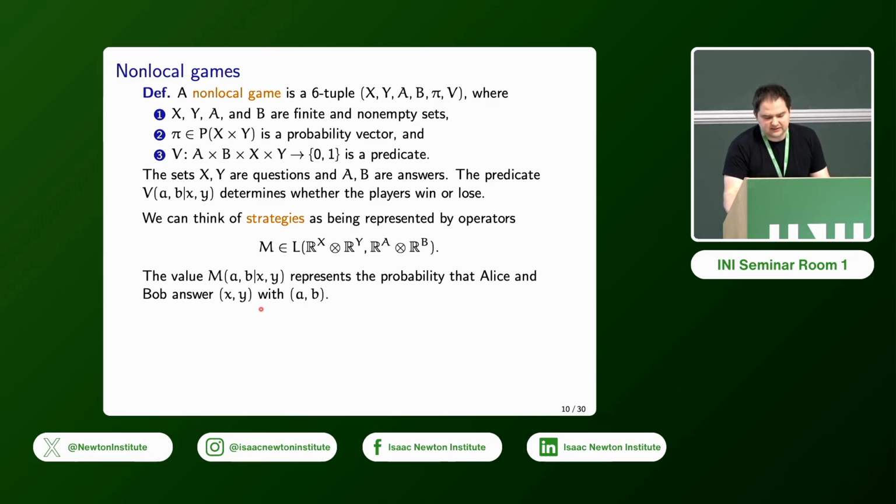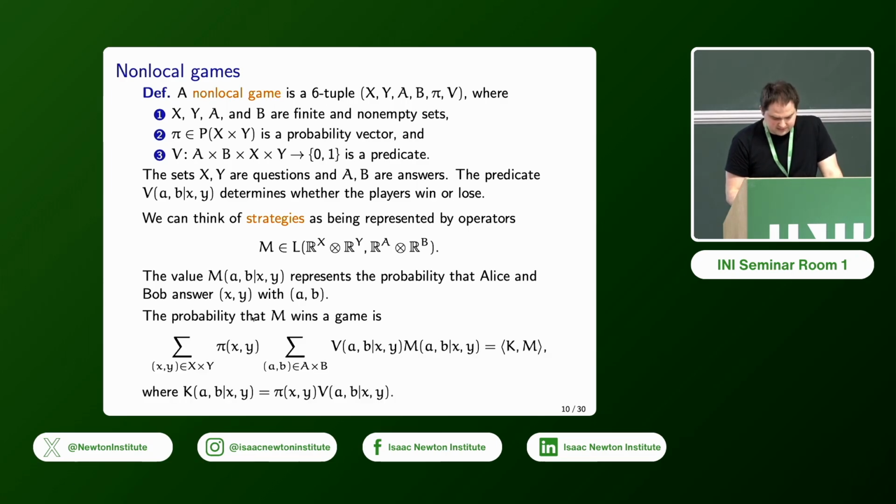Basically the entry of the matrix represents the probability that Alice and Bob will answer the questions x, y with answers a, b. That's it. And then you can work out that the probability that the strategy represented by the matrix M wins the game is given by the following,